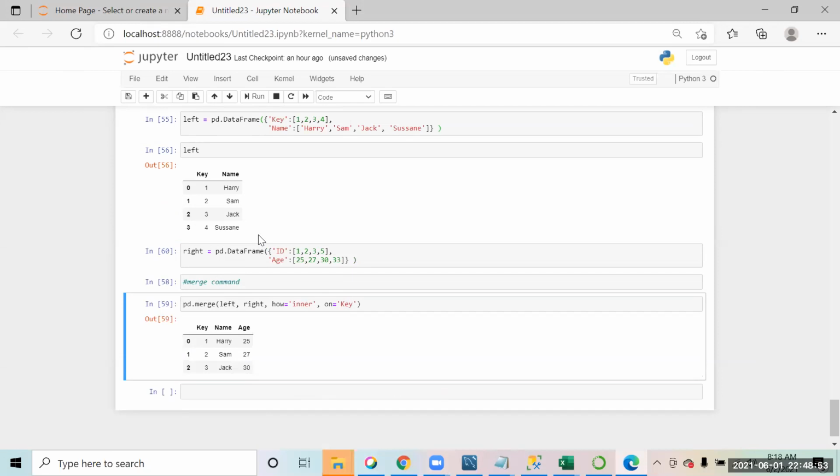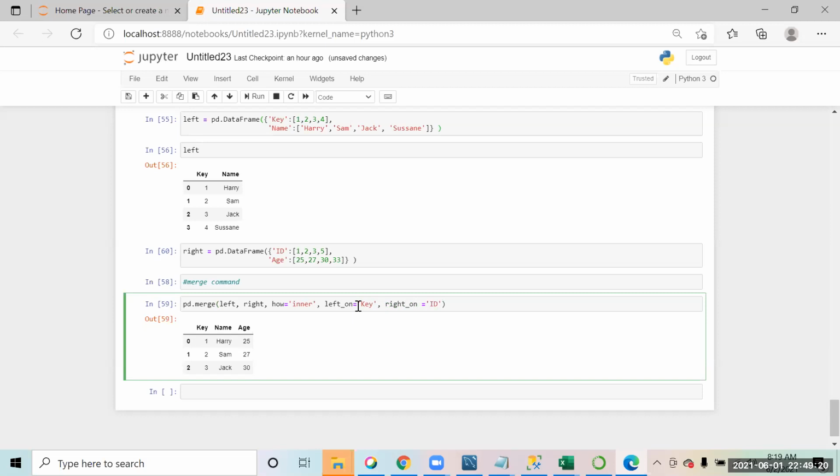In that case, we will have to explicitly write left on, that in the left table the key we have to use for combining is the column key. Then you put a comma, and then you write right on, that on the right side it is ID.